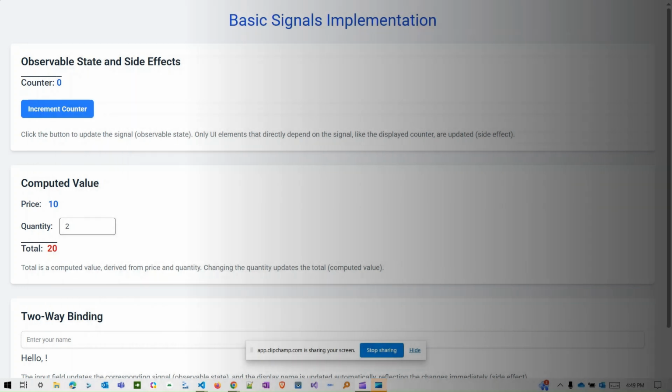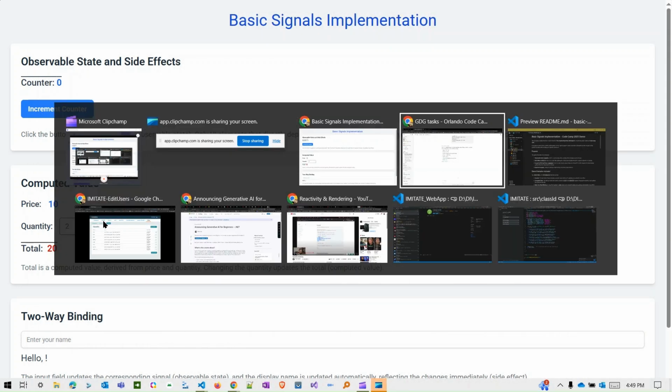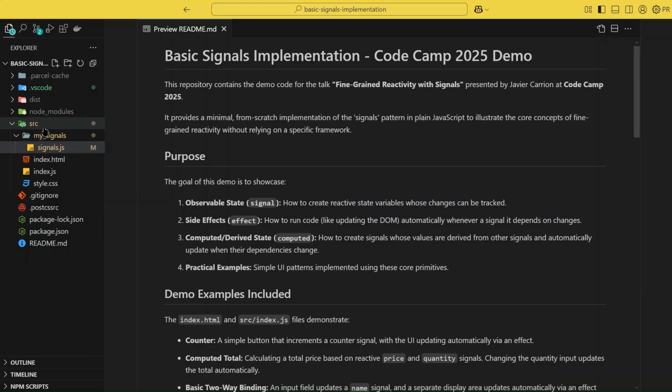Absolutely. Like, how does this work under the hood? Yeah. So for that, let's look at the basic signals implementation demo, which really gets down to the nuts and bolts. So the core of it all is this signal